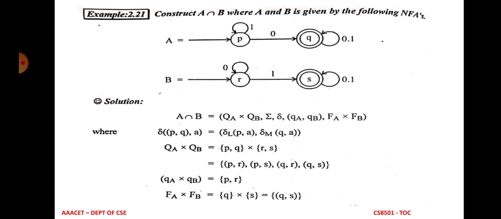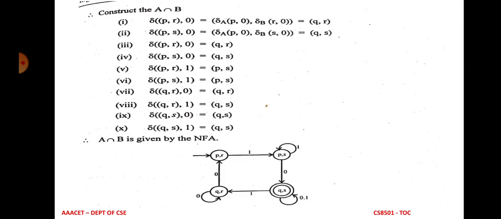For each and every individual state, we are applying the input symbols 0 and 1 and writing the output state, showing which state each finite automaton goes to. So the first step is P comma delta of P comma R and P comma S on 0, and also we are applying the one input symbol and writing the set of states. From this output we are constructing the transition diagram of the NFA.